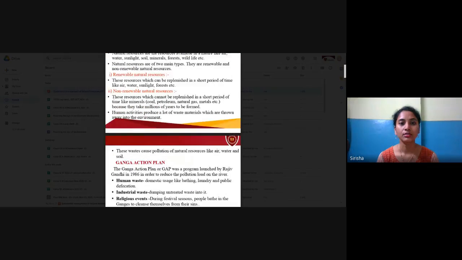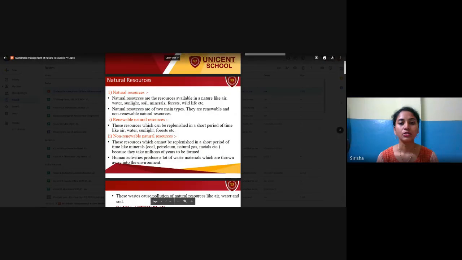Renewable natural resources are those which can be replenished in a short period of time, like air, water, sunlight, forests. And non-renewable resources are those which cannot be replenished, like coal, petroleum, natural gas, metals, because they take millions of years to be formed. Sunlight comes daily and we utilize that sunlight for our daily existence. And then water, and forests again can be grown if plants are cut, but the non-renewable resources